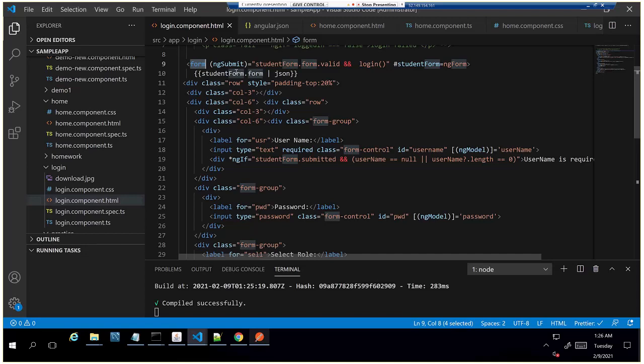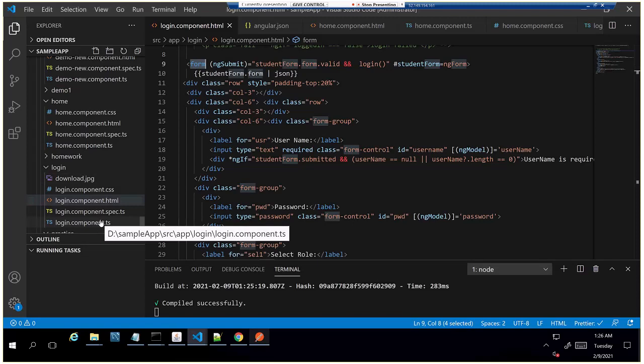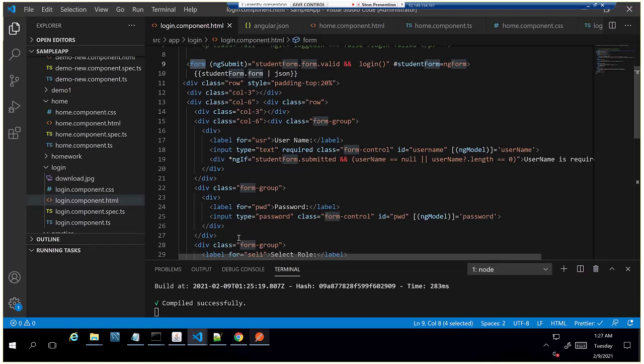That is, we create all the form elements and controls in the TypeScript file. I forgot the name. So there are two ways of presenting it. One is to create all the elements in the HTML file, or you create all the elements directly in the Angular TypeScript file, and then you can directly send it over here, right?